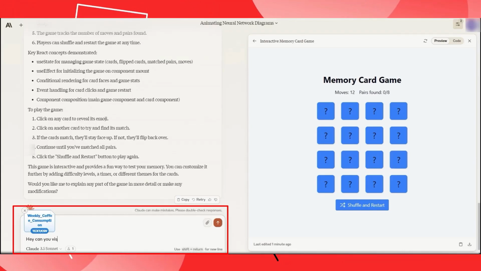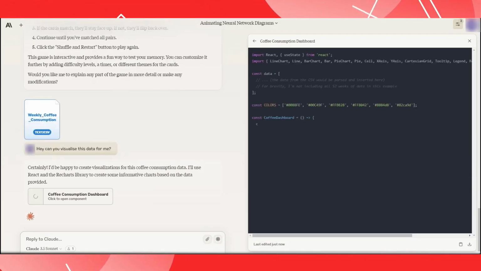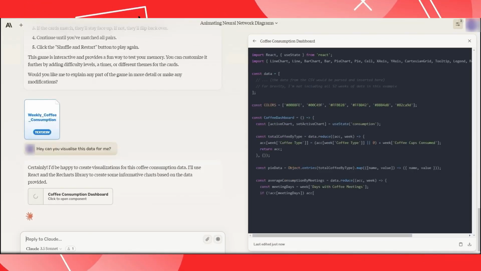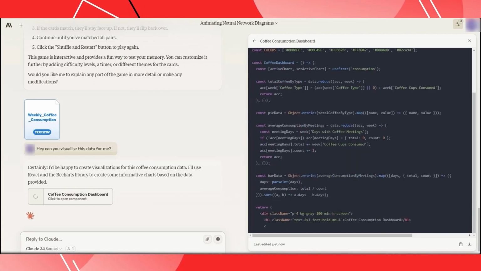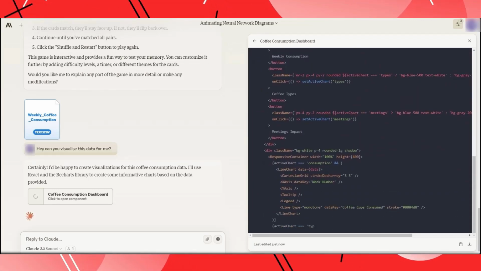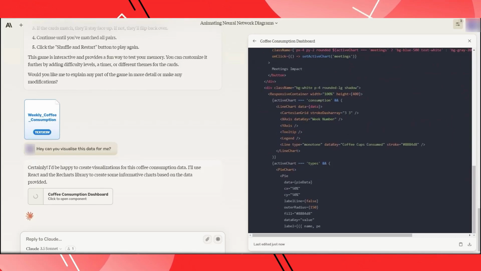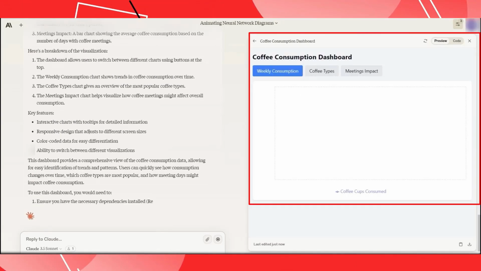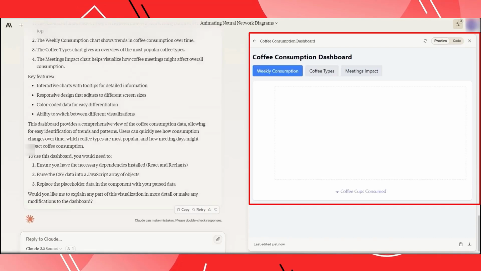So I'm going to type in, hey Claude, can you visualize this data for me? And then what I'm going to do now is I'm going to just simply wait and see what Claude is able to do in this React dashboard. I'm gonna go ahead and just give it a couple of seconds, and whilst Claude is coding away, I can then even think about how in the future I could add this to certain presentations or what I would even want in other scenarios. So you can see right here, this is the dashboard that is made based on the